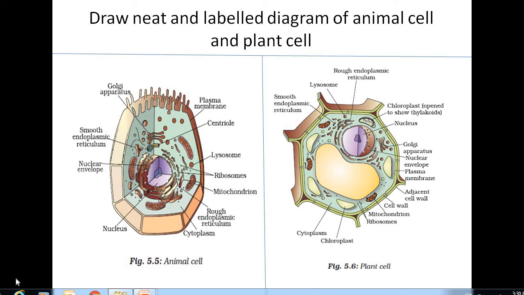Good morning. Today in the first video we are going to learn about the differences between plant cell and animal cell. Here there is a picture of both plant and animal cells. In these pictures you can see some differences and some similarities also. So what are the differences between plant cell and animal cell? Or what is the structure of a plant cell? How is it different from that of an animal cell? We are going to learn this now.